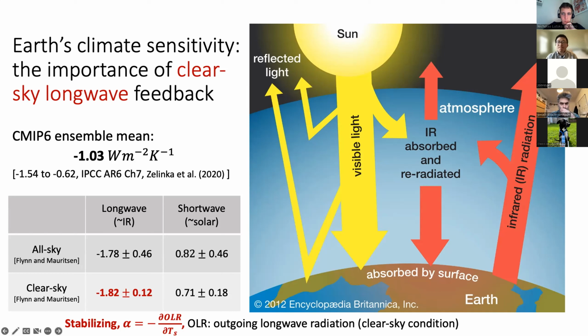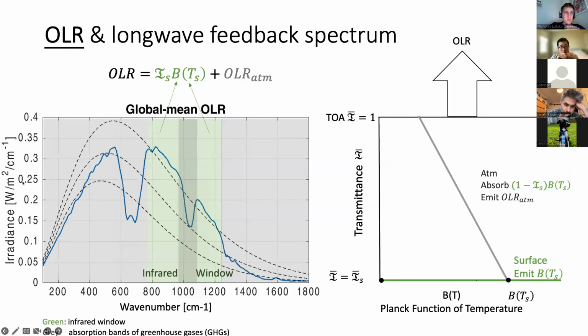The stability largely comes from the longwave OLR spectrum, which appears to be dominated by the clear sky radiation process without the impact of clouds. So as the stabilizing agent of the climate, the clear sky longwave feedback is extremely important. If the clear sky longwave feedback becomes positive, then the climate will get warmer and warmer without any control. So what controls the OLR?